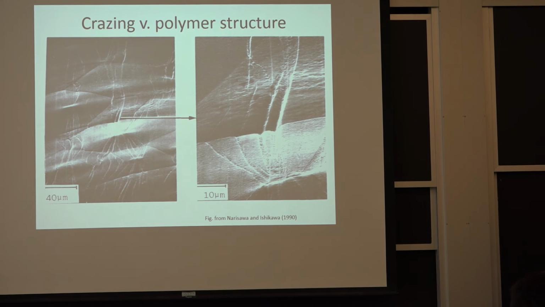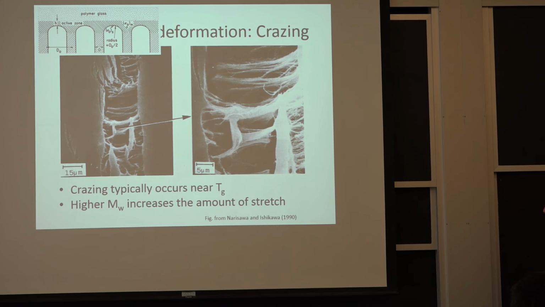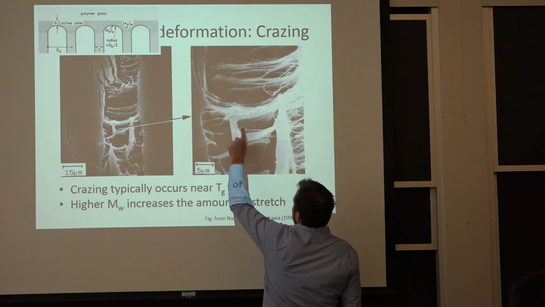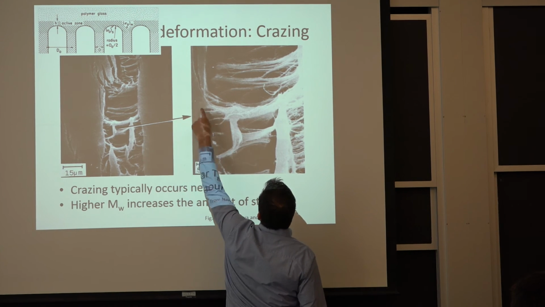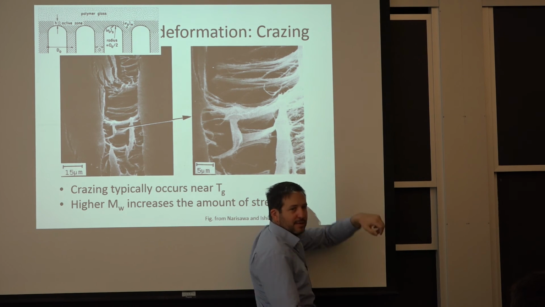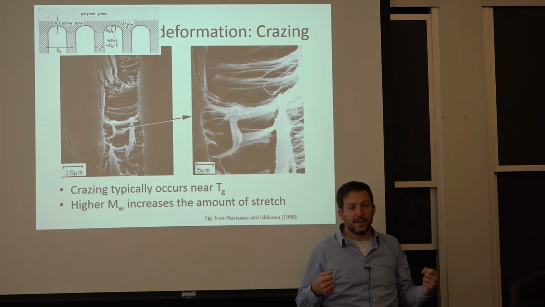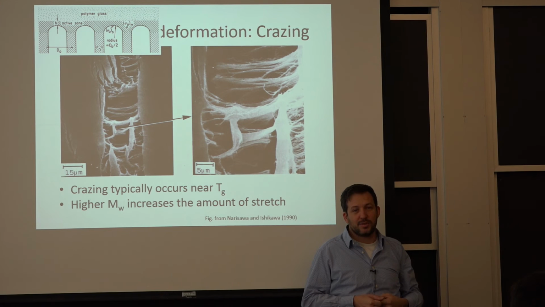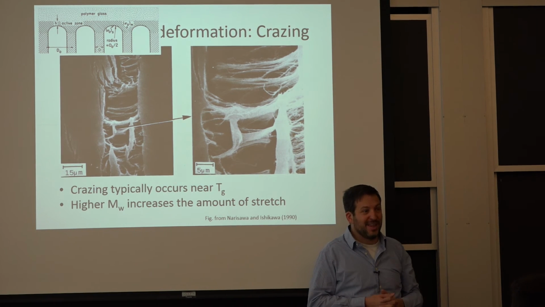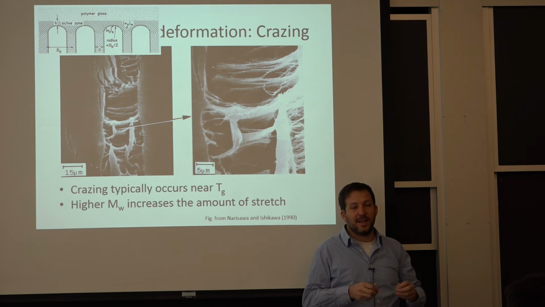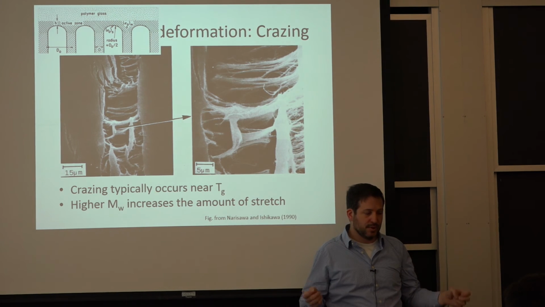And they don't break because you still have chains that go all the way across that crack-like feature. So the reason why this is resisting load is at the molecular level, there's a molecule that's over here, it goes over there, and it's connected on the other side. So it's still holding things together, and that's why it survived 1,000% strain or something like that. It became about 10 times more elongated than it was.